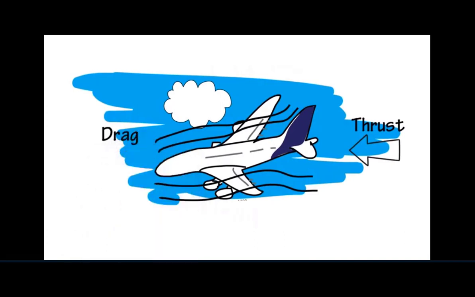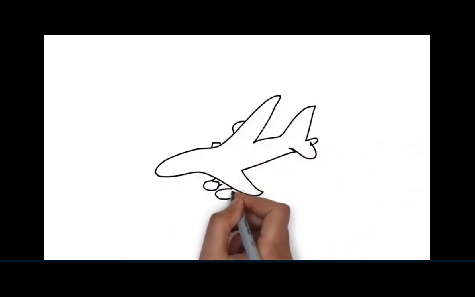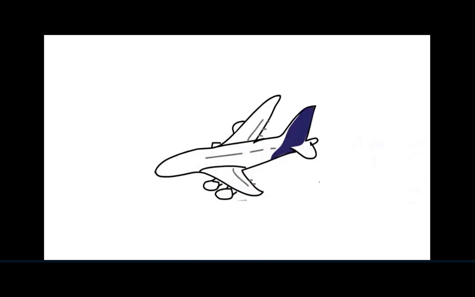Thrust moves the plane forward, drag pushes it backwards. In order to keep the plane moving in the right direction, thrust must be greater than drag. Planes are designed to be streamlined, which means it allows air to pass around them with the least amount of resistance